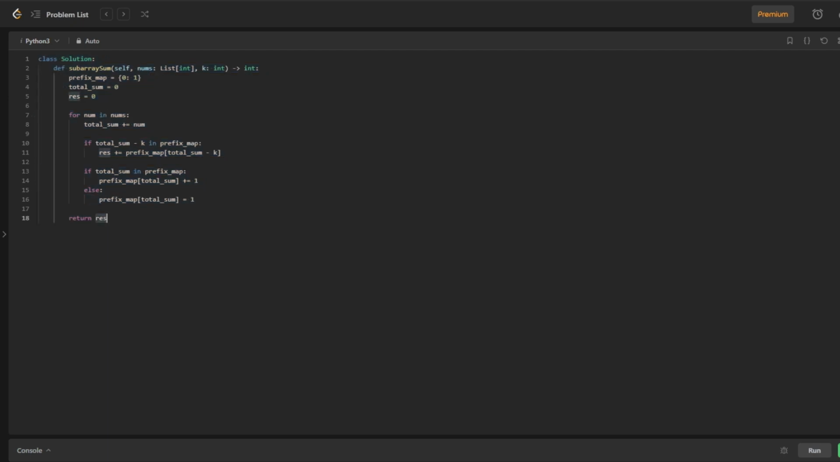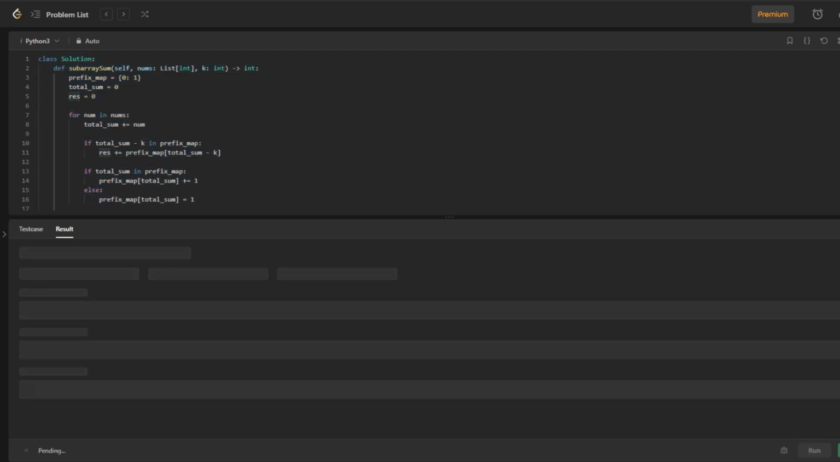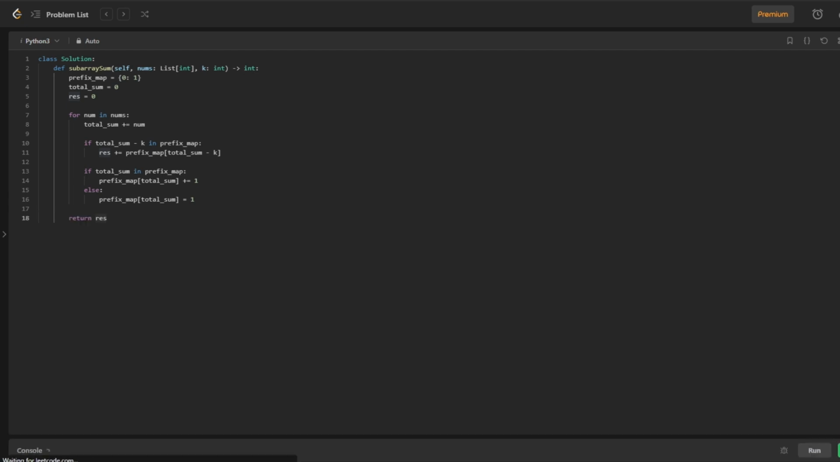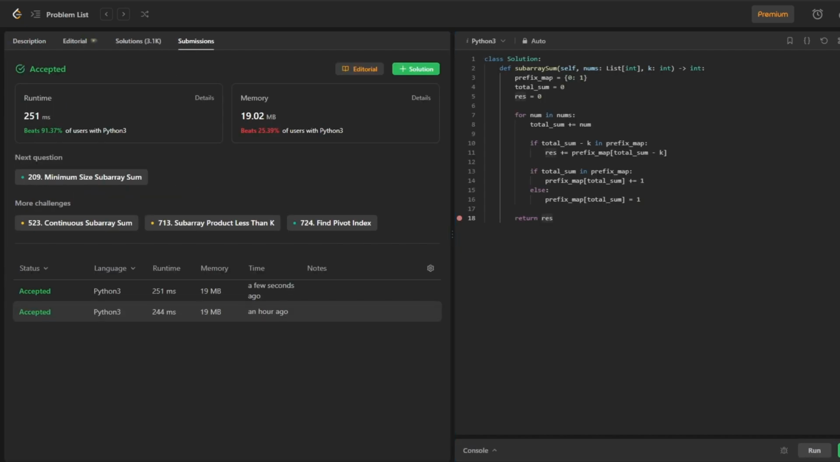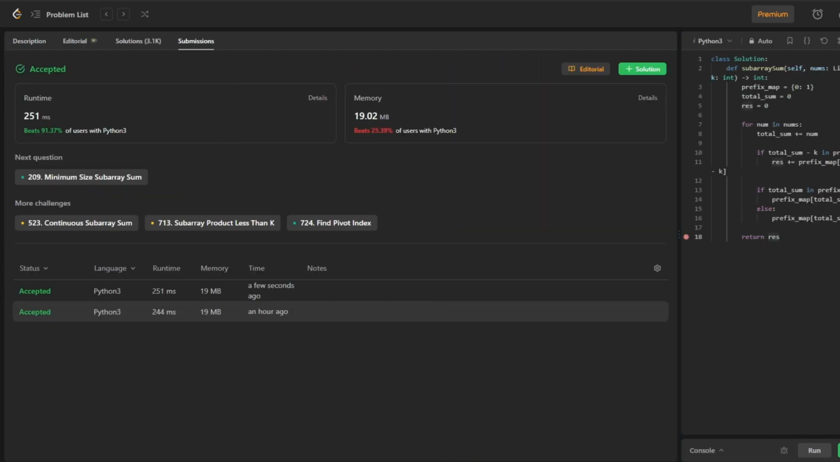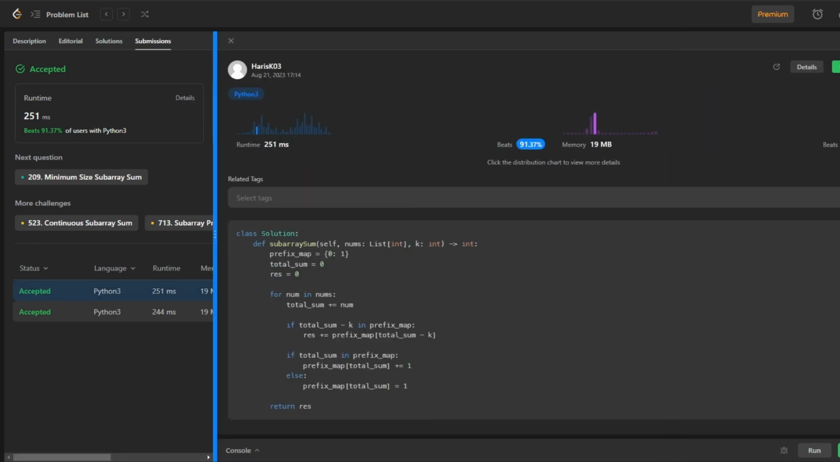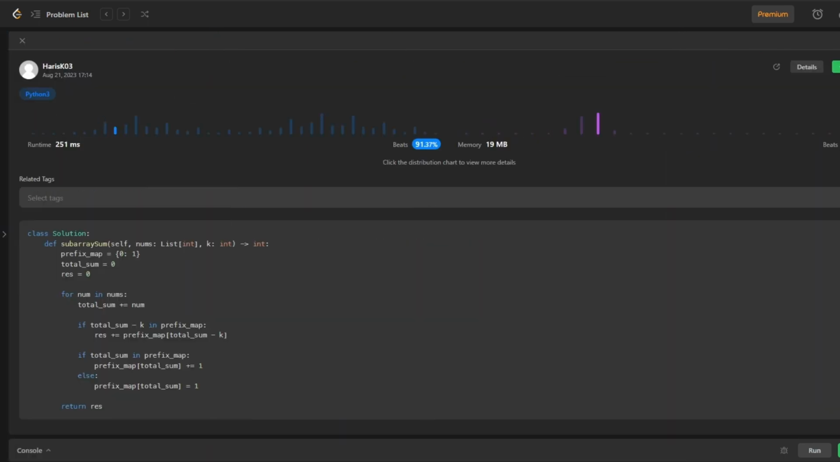So we can try and run it and see if it's accepted. You can see that the code is accepted, and this is the optimal solution running in linear time and has a space complexity of big O of n in the worst